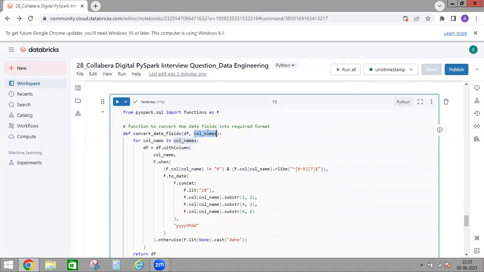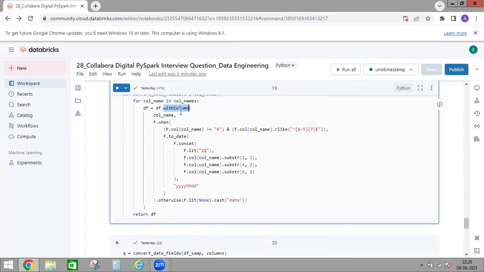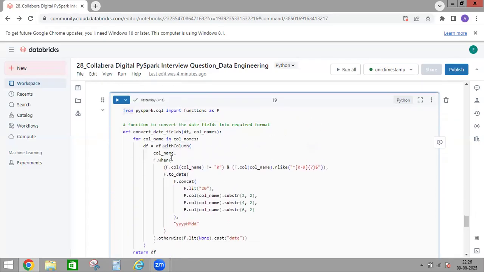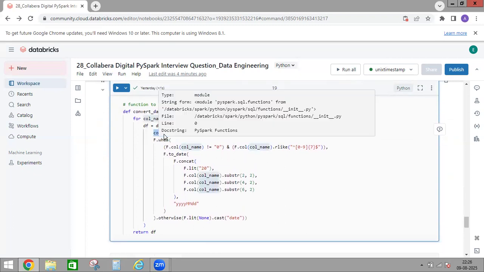These column names I'm iterating by using a for loop, and inside that I created df.withColumn,